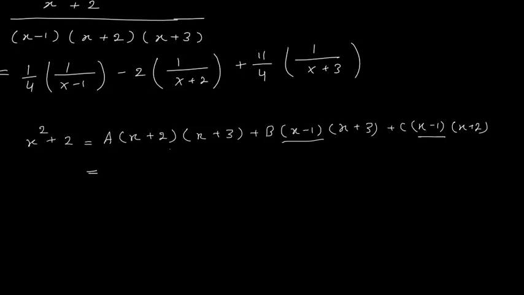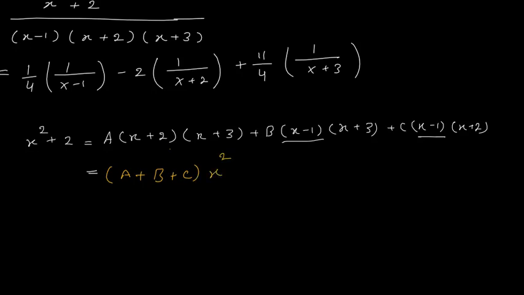So what we are going to do, we know that there are going to be x square terms, x terms, and constants. So check what x square terms we will get. This x and x multiply and we get x square. That x square is multiplied by a. So for x square we have one coefficient a. Then for x square here I have one coefficient b. Then for x square I have one coefficient c. So it is a plus b plus c times x square.